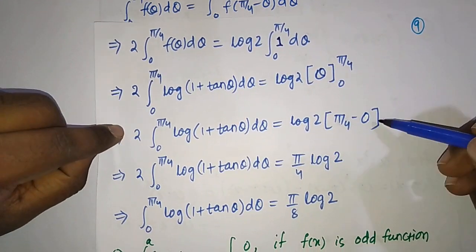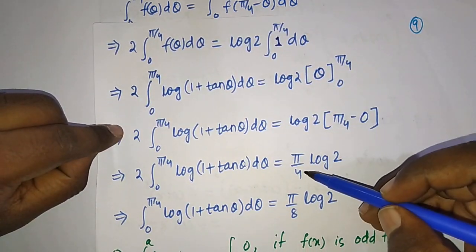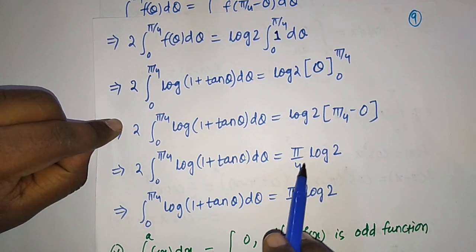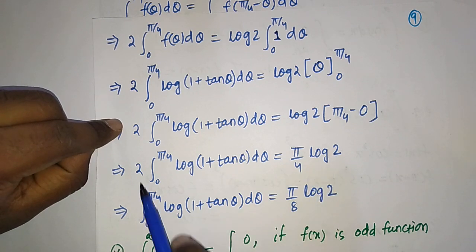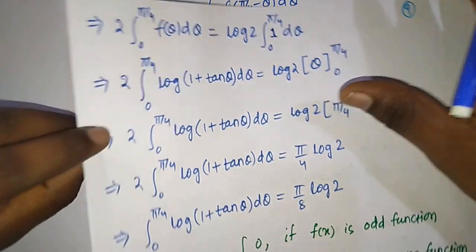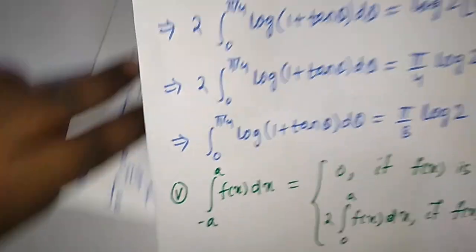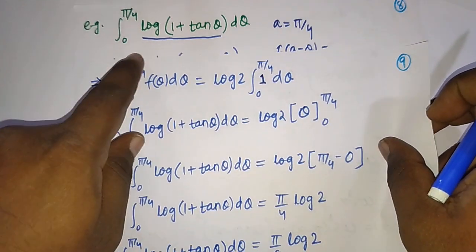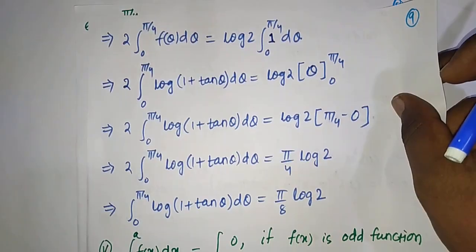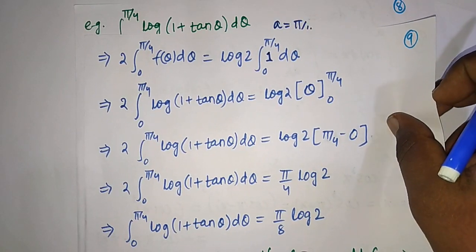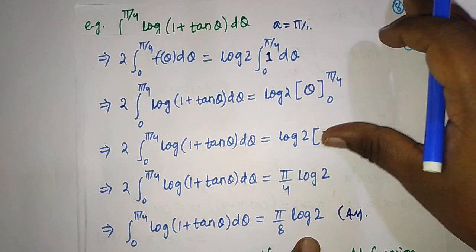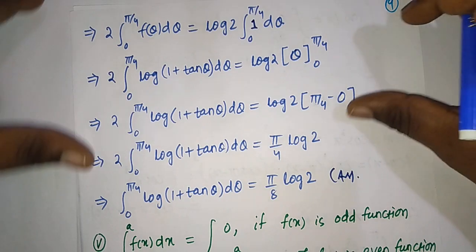And pi by 4 minus 0 is pi by 4, so log 2 into pi by 4 is equal to pi by 4 into log 2. So 2 into this integration is equal to pi by 4 log 2. If you divide by 2, then you will get pi by 8 log 2. And this was the question given: to find the integration of log of 1 plus tan theta from 0 to pi by 4. Here you have found the integration of this thing is equal to pi by 8 log 2. This is the answer. Now come to the next